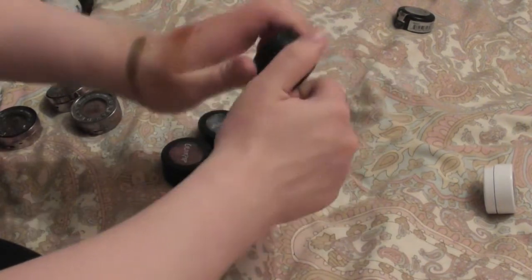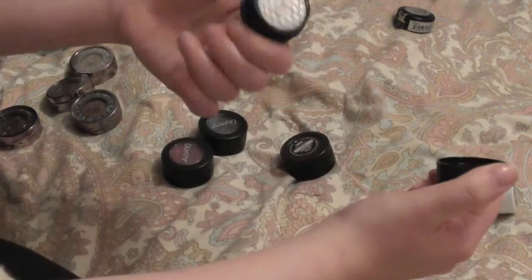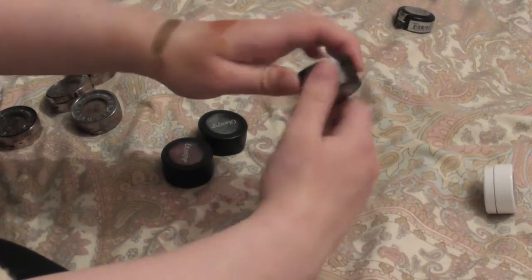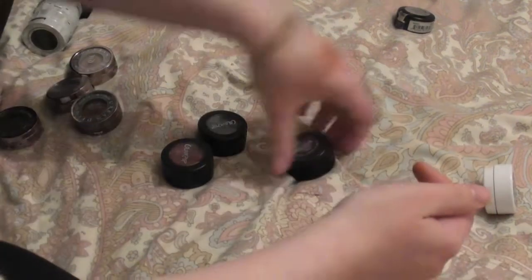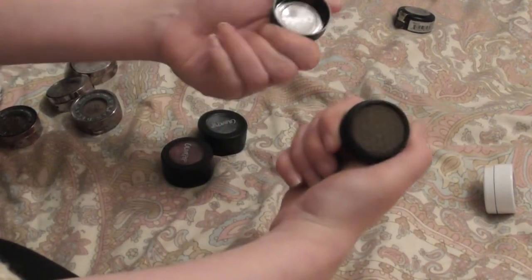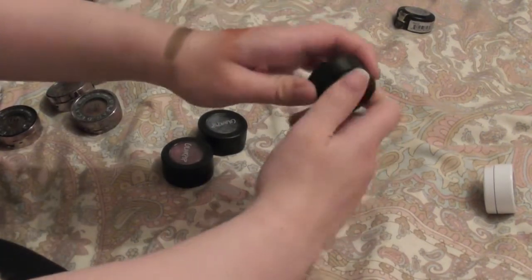Kush, it's really cool toned, so I never really got very drawn to it, to be honest. I'm not even gonna bother swatching it. We have Fairfax, which is very similar to Central Perk, maybe more of a cool tone version. Again, meh, there are things like it. We have